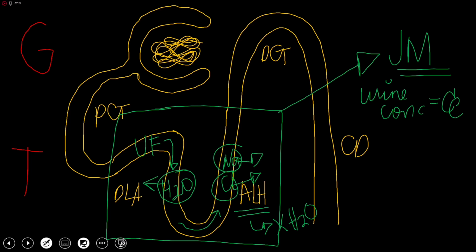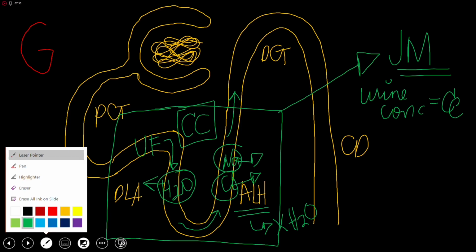So no water comes out of the ascending loop of Henle, and it will be the salts which will be coming out. And as they come out, they are making the concentration of the ultrafiltrate lower. So in this portion, we are now concentrating the urine. And we do that now with the help of the so-called countercurrent mechanism. And one more time, that refers to the movement of your water in the descending loop of Henle and your salts in the ascending loop of Henle. That's the term selective reabsorption process.